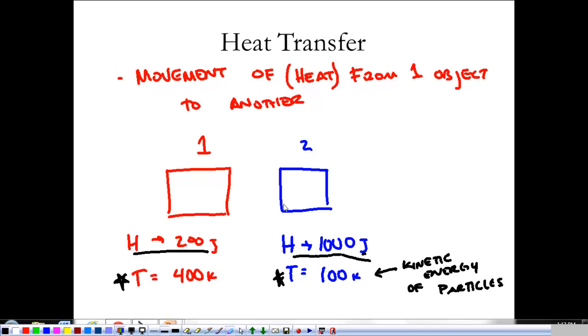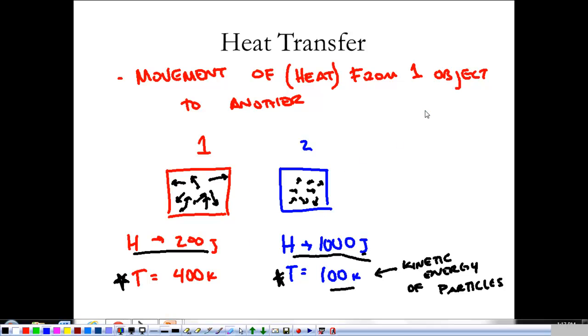When I bring these two objects together, the particles in 2 don't have a lot of kinetic energy. They're kind of moving around, but they're chilling out. They only have a temperature of 100 degrees Kelvin. They're not moving very fast. Object 1, there may not be as many particles in it, but they have a higher temperature. So the average kinetic energy of each particle is a whole lot higher than the average kinetic energy of each particle in object 2. So when I bring these together,